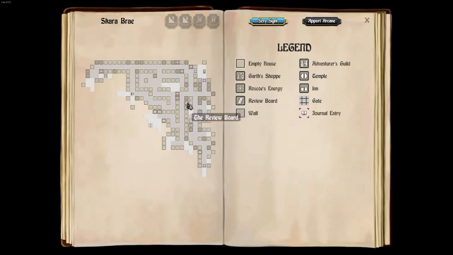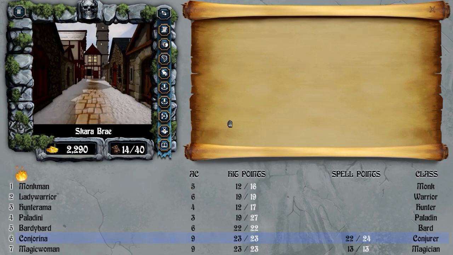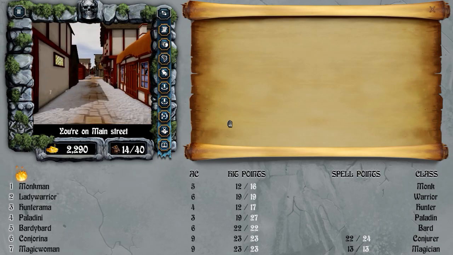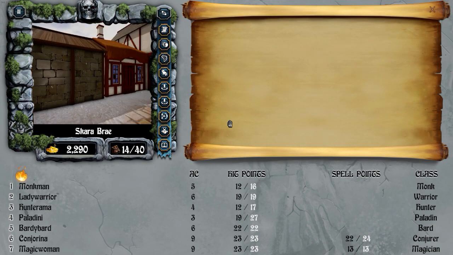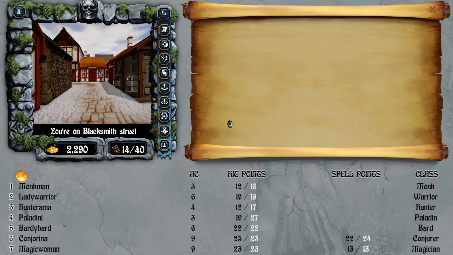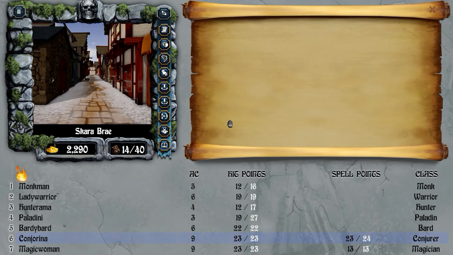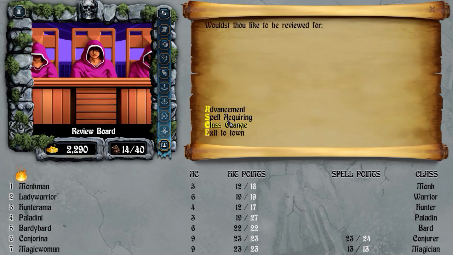So the review board is way over here. And I'm here. Okay. Oops. So there's a mini-map there in the exploration window. It's just kind of hard to see with everything being lightly colored in the background. There you can see the review board right there. Okay, first I'm going to save